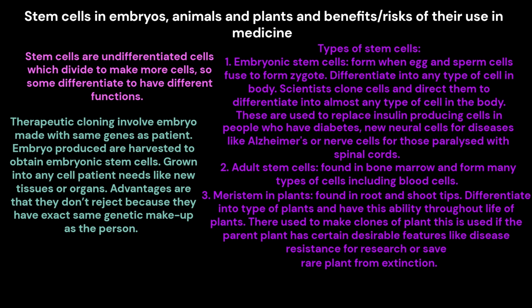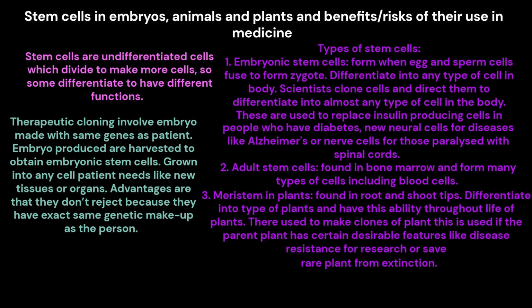2. Adult stem cells, found in bone marrow, form many types of cells including blood cells. 3. Meristem in plants, found in root and shoot tips, differentiate into types of plant cells and have this ability throughout the life of the plant. They're used to make clones of plants. This is used if the parent plant has certain desirable features like disease resistance, for research, or to save a rare plant